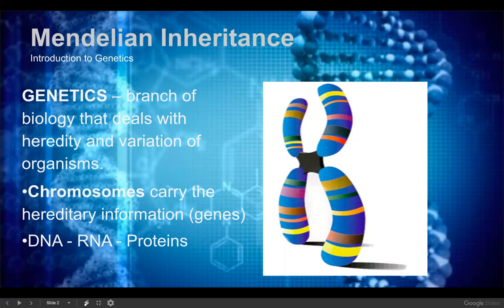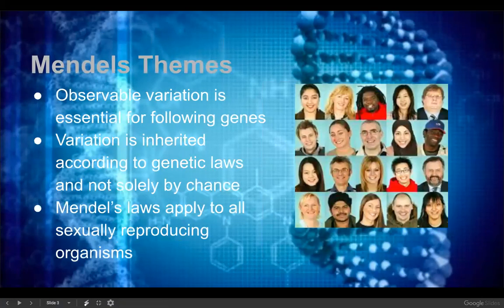Chromosomes carry the hereditary information. Here's a chromosome on the right in the picture, and you can look at each little band as a particular gene or a trait that some individual carries. All right, and we know the central dogma from back in the day with Watson and Crick: DNA has the message that gets coded through RNA, and then at the ribosome, it's converted into a protein. So that's the sequence.